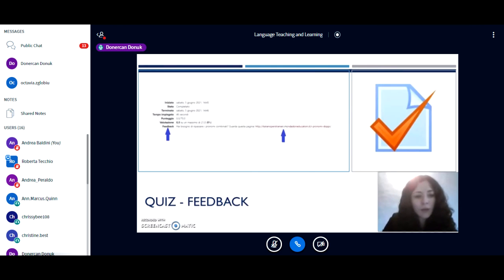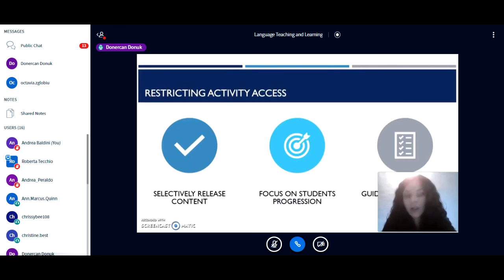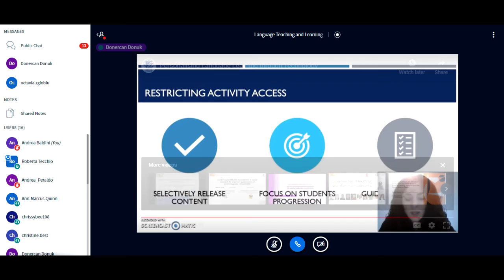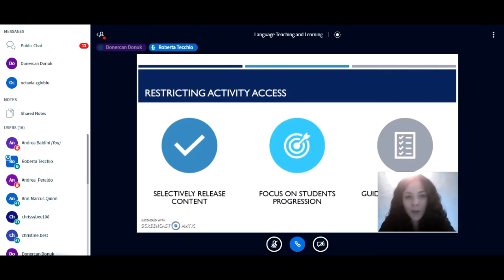Finally, access to a certain activity depending on the results of a previous